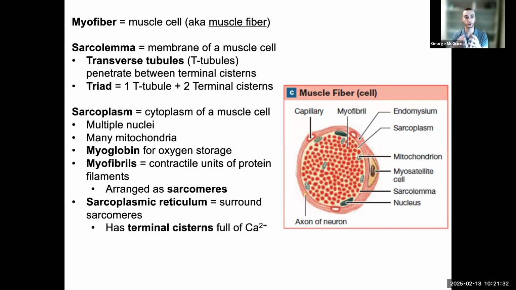Those triads are deep within the sarcoplasm. So the sarcoplasm is referring to the cytoplasm of the muscle cell. So the sarcolemma is the membrane, sarcoplasm is the space within the cell. Within that sarcoplasm, you've got multiple nuclei and many mitochondria. Depending on how you train your muscles, and whether we're talking about fast twitch or slow twitch or intermediate twitch fibers, that is going to change the amount of mitochondria, but there are lots of mitochondria in your muscle cells, very important for generating the energy that these cells need